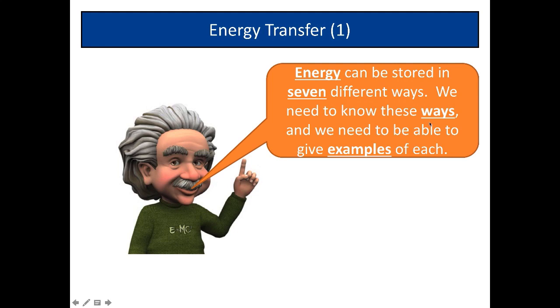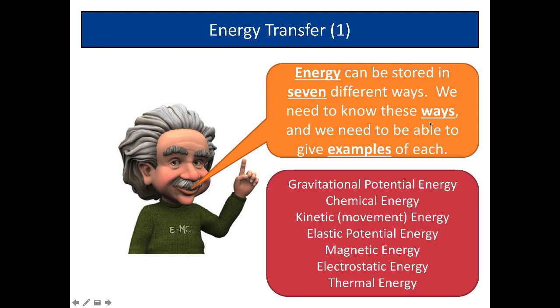Let's look first of all at the 7 different types. Wow, a bit of a list here, isn't it? Some long words need to learn, but as we use them more and more, we'll get used to them. The first one is what we call gravitational potential energy, and I'll be explaining what that is in just a moment. Next one's chemical energy. Then we've got kinetic, or what we call movement energy, elastic potential energy, magnetic energy, electrostatic energy, and thermal or